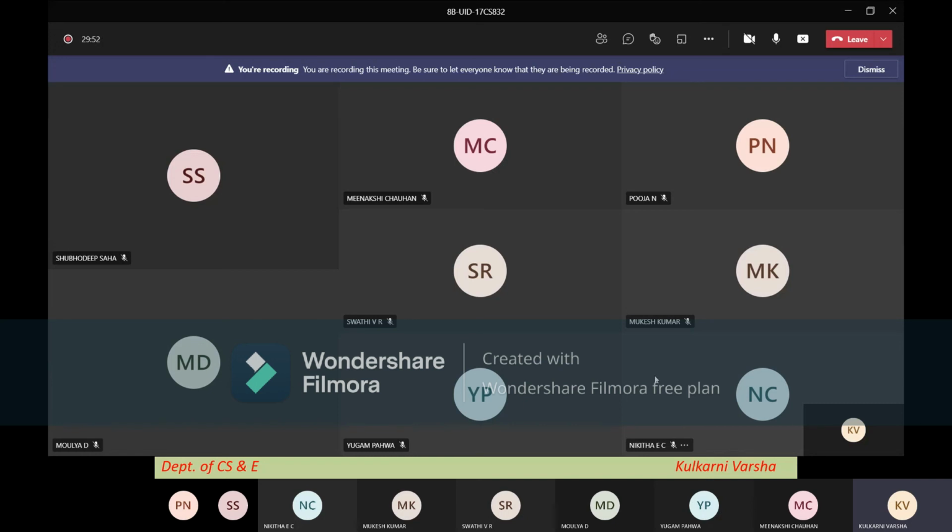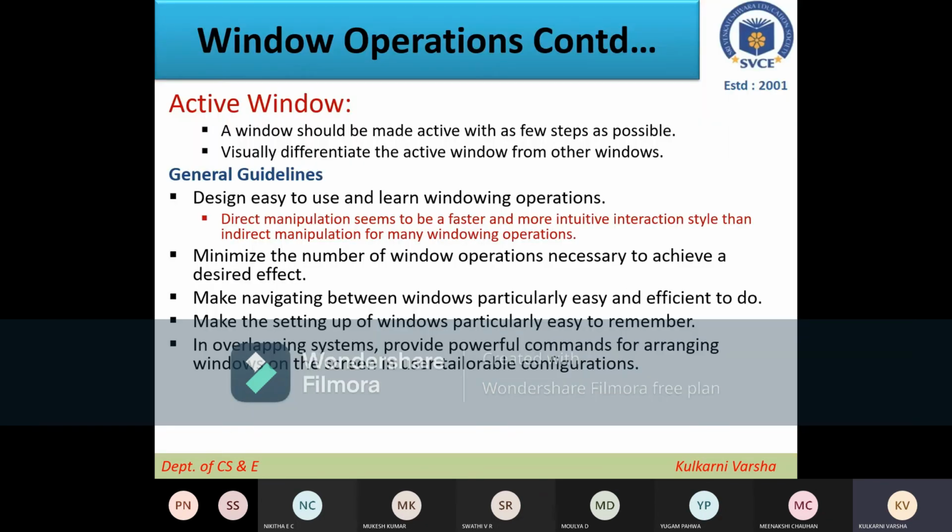And this is not only with respect to this example. You would have seen in many examples, where on your laptop you have opened your PDF, some Word file, and some other documents, different kinds. The one on which you are working will be active, and it will have a visually different look than the other windows. So that is what we mean when we talk about the active window.